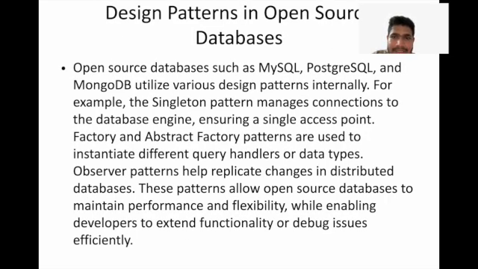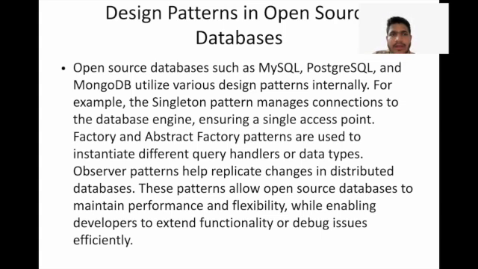Open source databases such as MySQL, PostgreSQL, and MongoDB utilize various design patterns internally. For example, the singleton pattern manages connection to the database engine, ensuring a single access point. Factory and abstract factory patterns are used to instantiate different query handlers or data types. Observer patterns help replicate changes in distributed databases. This pattern allows developers to extend functionalities and debug issues